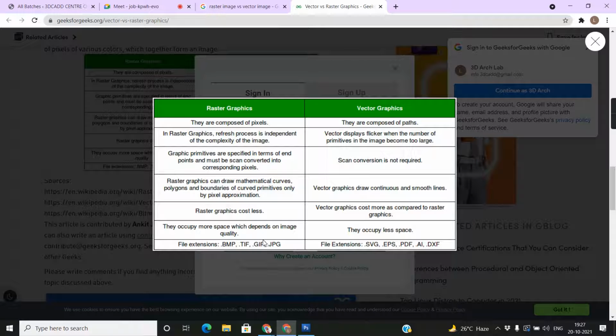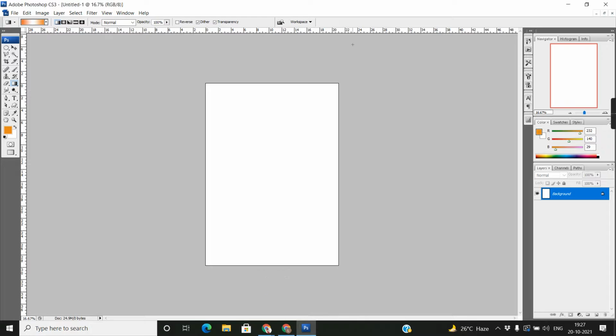Okay, so this is the basic difference between raster and vector. This difference we already covered in the last class, but some students are new, that's why I'm just explaining it. So here the very basic thing in Photoshop, this is a composition editing tool.